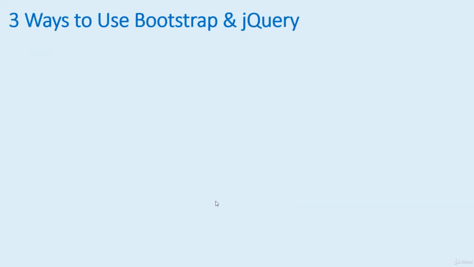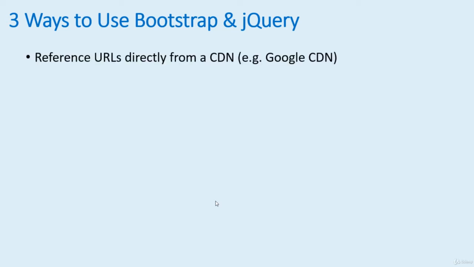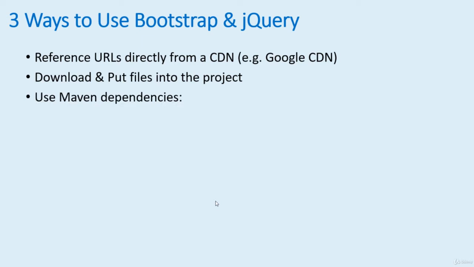There are three different ways to use Bootstrap and jQuery in our project. The first way is to reference the URL directly from a CDN hosting, for example from Google CDN. The second way is to download and put the files of Bootstrap and jQuery manually into the project. And the third way is to use Maven dependencies. And in this video, I will show you how to use Maven dependency for Bootstrap and jQuery, as it's quick and easy, and has the ability to work offline without the internet, as the application will host the Bootstrap and jQuery